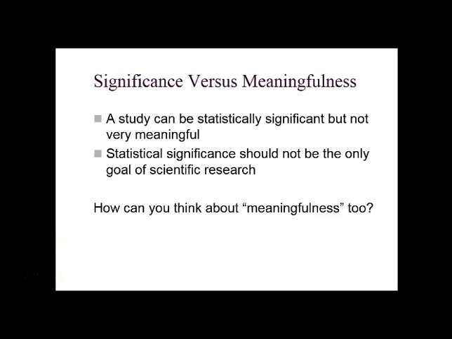The other piece, just to think about significance, is that just because we have a significant result does not mean that we have a meaningful result. It doesn't really mean anything other than we had less than a, whatever our threshold was, let's say 0.05, we had less than a 5% chance of making a type 1 error. That's really all that we're saying. There is still a possibility that we'll be wrong even when we conclude that a result is significant or not significant. And that's why the interpretation and knowing what the actual p-values were from a test becomes so important.